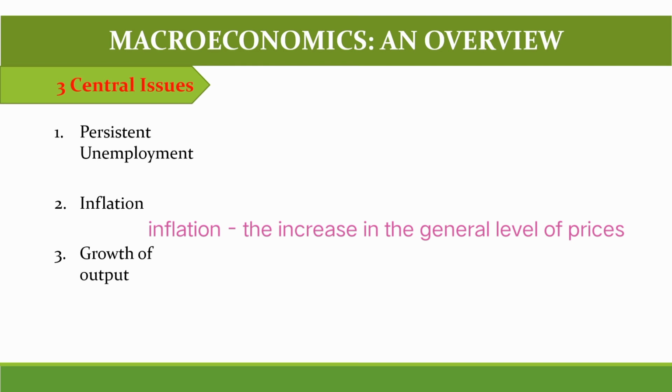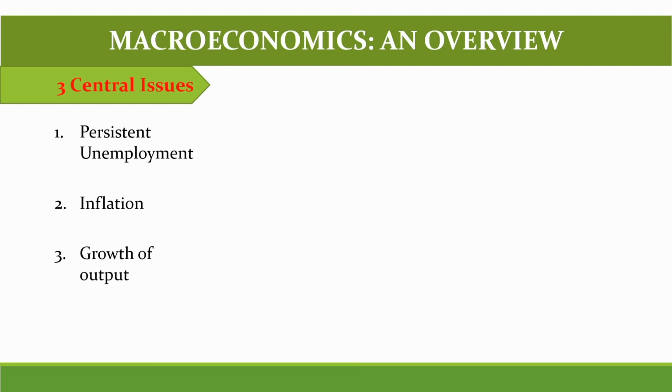Inflation refers to an increase in the general level of prices in the economy. And output refers to the total production of the economy, which is also called GDP or gross domestic product. As we go along in this course, we will discuss each of these issues more deeply. For now, we will just go through these terms. These issues are related or could go together, at least in the short run. For example, if there is high inflation, the economy also experiences low unemployment, and it can be seen also that the level of output has increased.